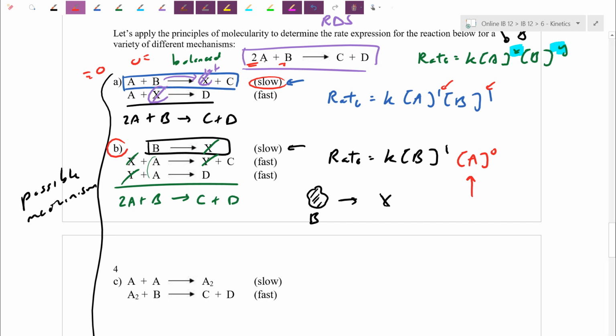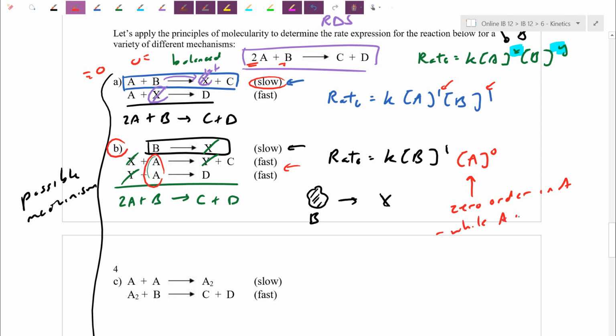Don't I really need A to collide? It's possible that the A actually enters some of these faster steps. Using the McDonald's analogy again, our passing out of burgers, getting the burgers to the people that order them, are not limited by A. So yes, while in the background A is needed to collide, the slowest step that's actually determining the rate may be only depending on B. So in this proposed mechanism, when I say it's 0 order in A,